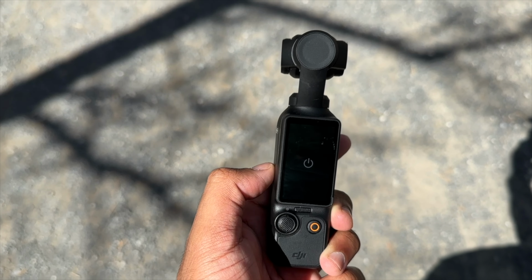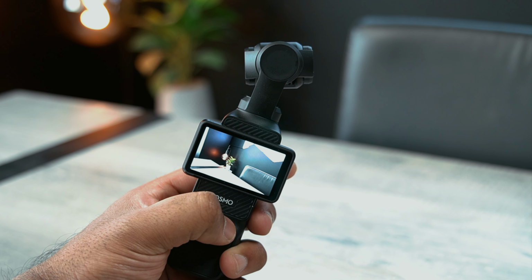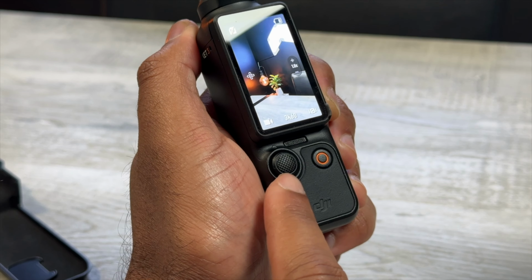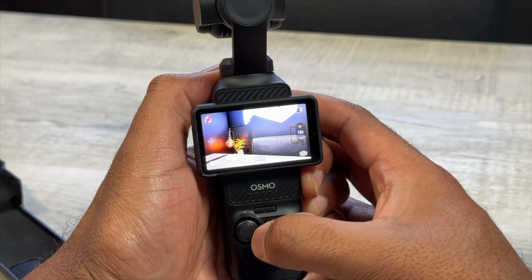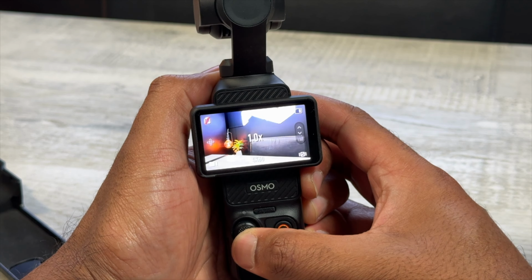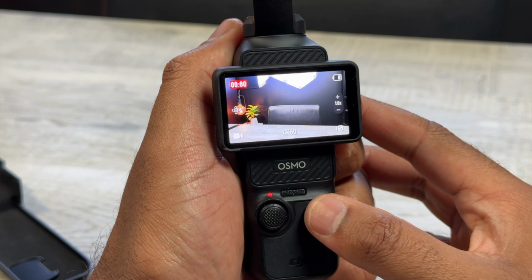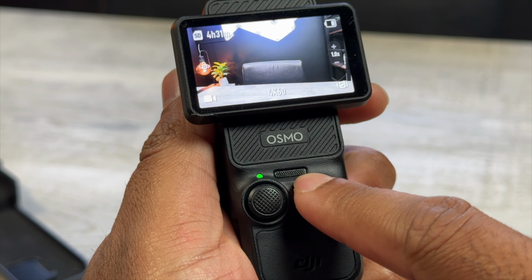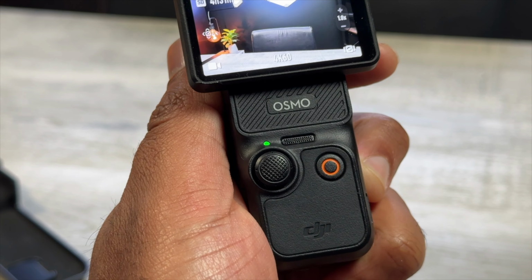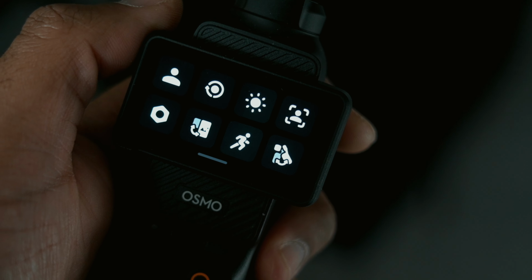The lens is protected when the unit is powered down and immediately comes into action when powered on. On the front of the unit, we have very simple controls. The single joystick is used to control the camera's position, as well as provide zooming functionality for the camera. We have a small LED above that which indicates power, and also when the unit is recording. Next to that is our speaker grill and mic, and of course, the record button. That's pretty much it. Anything else that needs to be accessed, such as settings, can all be done on the